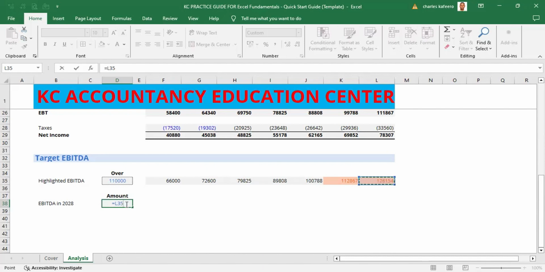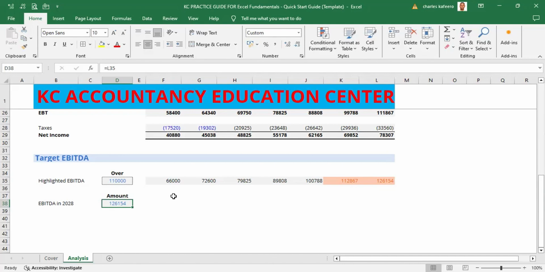So let's link this across. That is the value for EBITDA in the last year, which is 126,154,000 US dollars. That's roughly 126 million. So we've brought that value to that cell